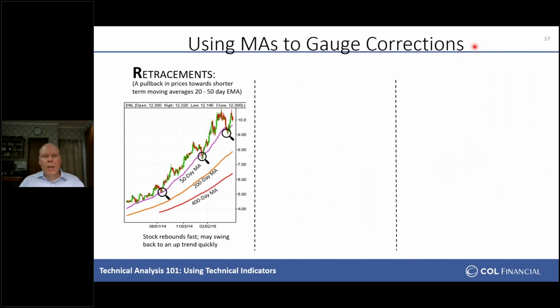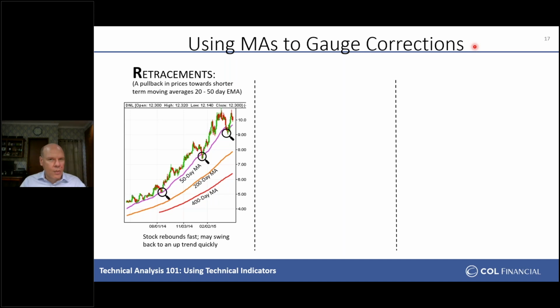Now let's talk about how we gauge these types of reactions. I want to break this down into basically three phases. If you're looking at a strong uptrend and looking for opportunities to get in, you should be looking for what is known as retracement swings. What does that mean? Retracements are minor corrections. These are pullbacks in prices where prices will only go back maybe through your 20 or